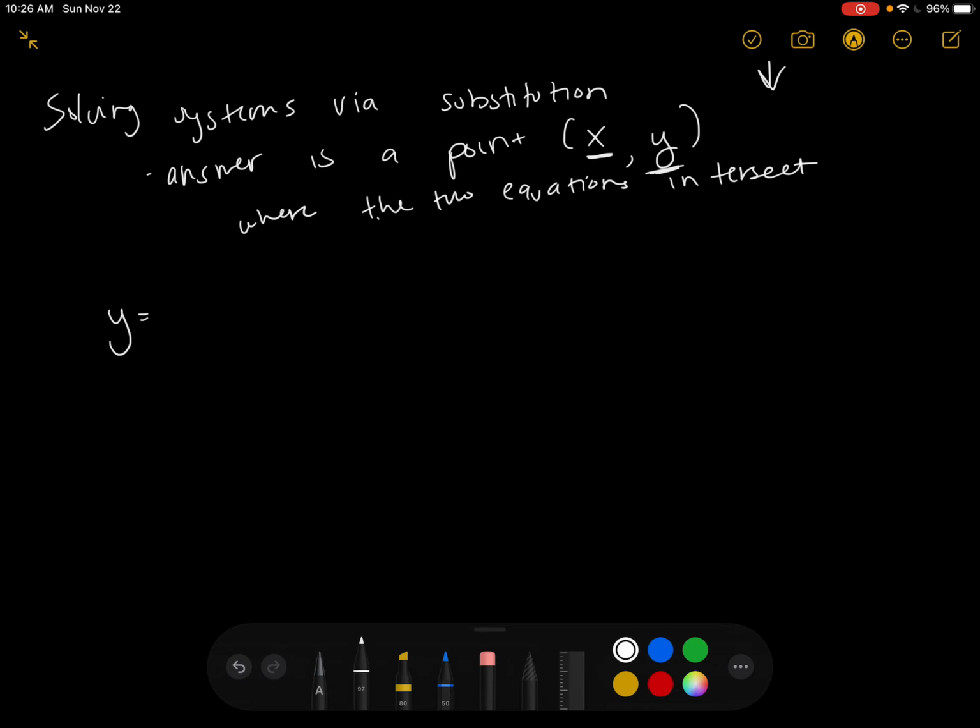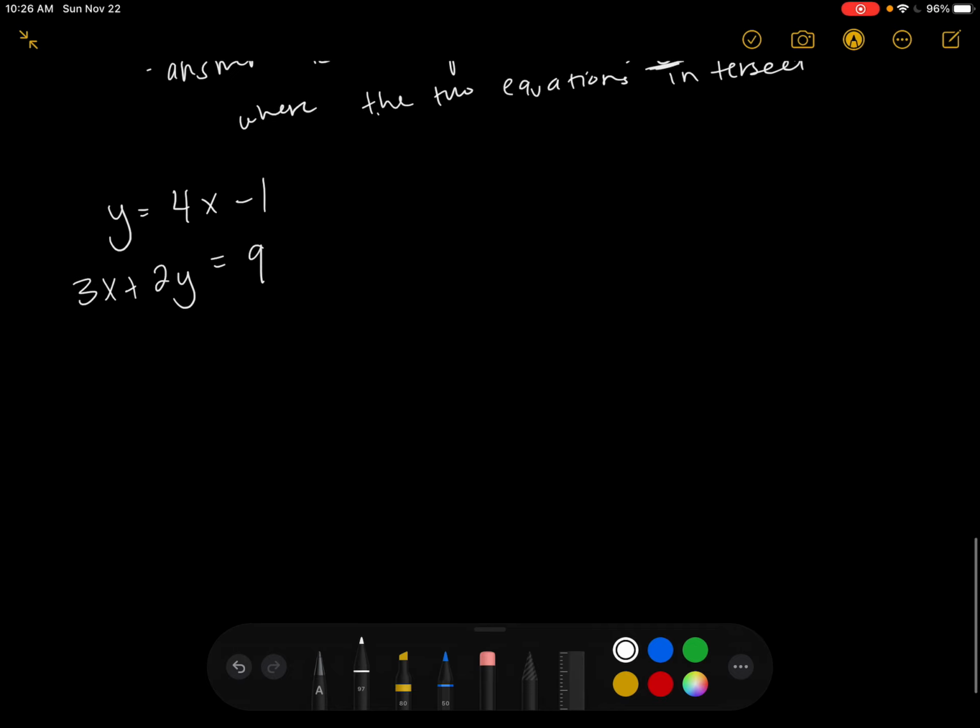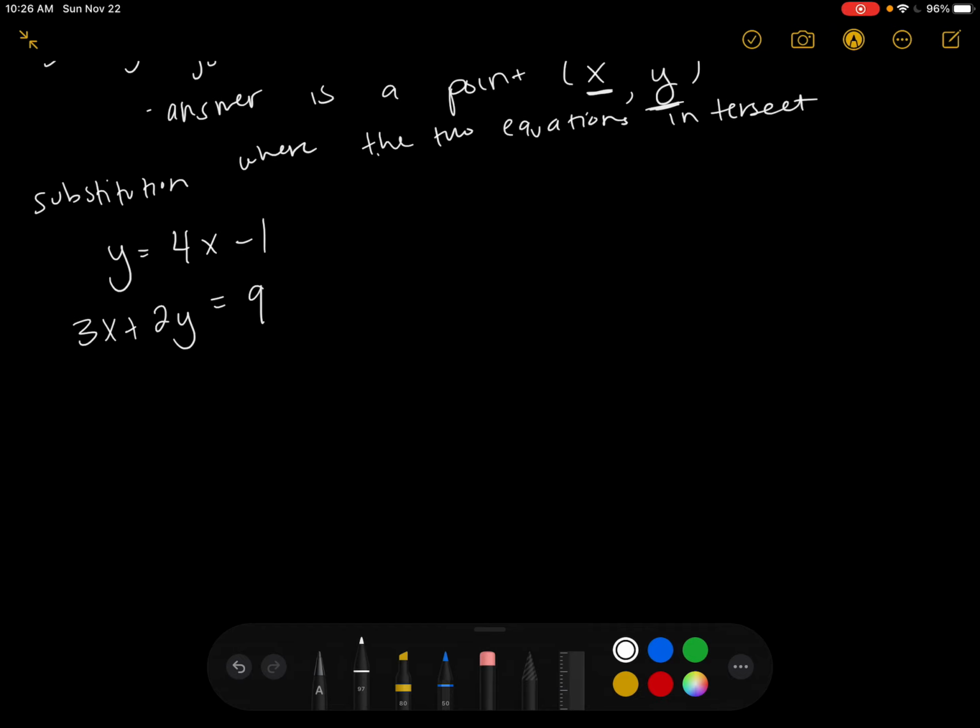So let's say we have these two equations. And we're going to use substitution. If you think about it, it's the point where these two lines intersect. It's the point that they both have in common. Basically, this is the one point where these two equations are equal to each other. So if they're equal to each other, then that means I can just